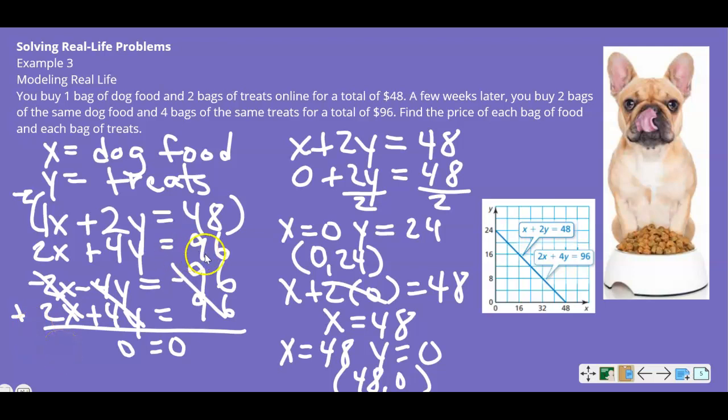Because of the nature of this problem having infinitely many solutions, where it says find the price of each bag of food and each bag of treats, with all the points being exactly the same, there is not enough information, because there are so many points that correspond to this line. There's not enough information to determine the price per bag. So we have solved the problem, but as far as answering this question, we cannot do that since these are equivalent